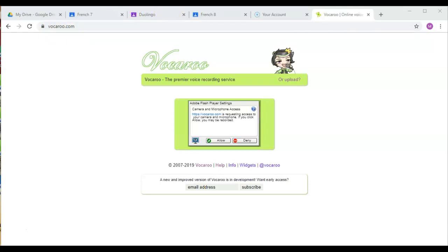VOCAROO.com. When you are there, you will most likely see this message that says Adobe Flash Player settings. You will need to allow Adobe Flash Player to access your camera and microphone. If you do not see this message, then that means you shouldn't have any issues moving forward with your camera and microphone. But if this is what you see, you will click Allow,